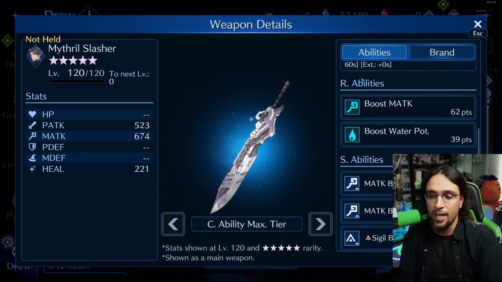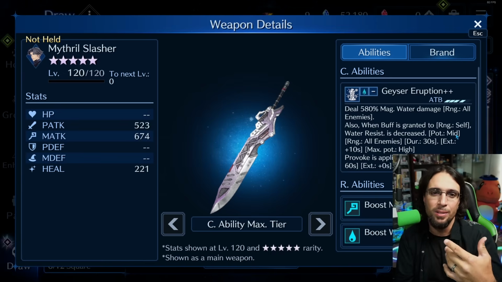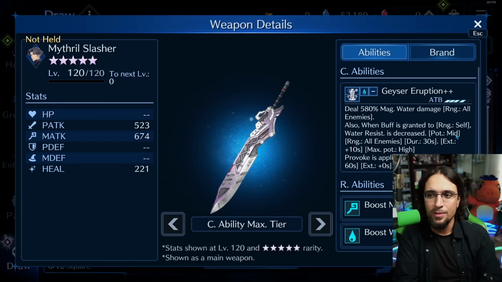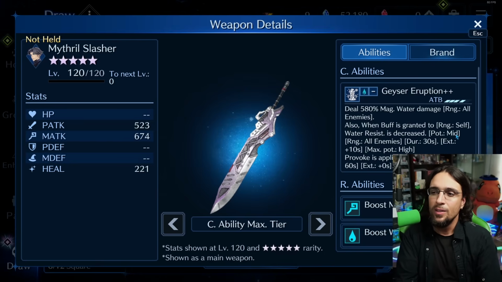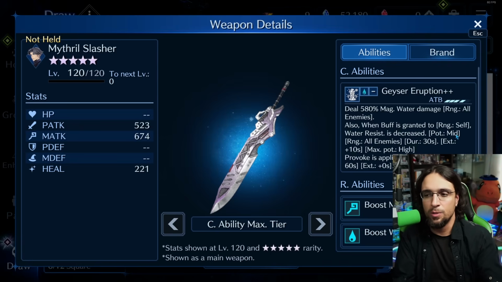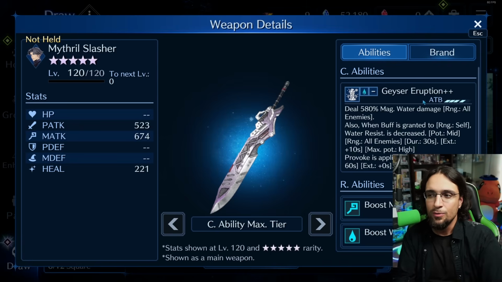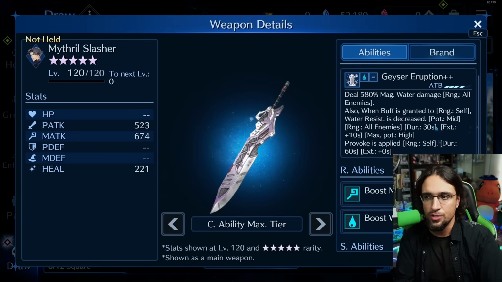Now, at first glance, it's like, okay, other weapons go to high. I think this is the first weapon that is mid when it comes to elemental resist down. And there's a reason. It's because this is going to be on a tank build. Technically, you can be on a DPS build as well, because he has another weapon. But when you're thinking about him tanking and you need that provoke, and you constantly just want to provoke up, you need nothing else going on, 4 ATB for 580% water damage while lowering resist,